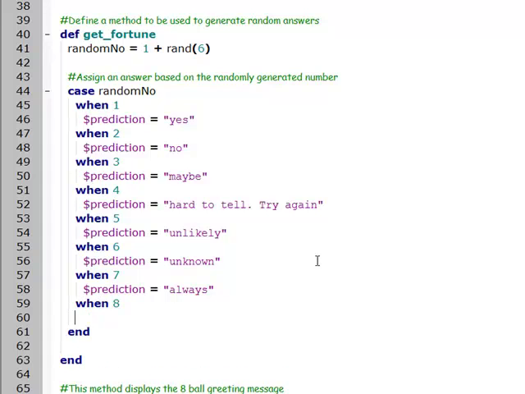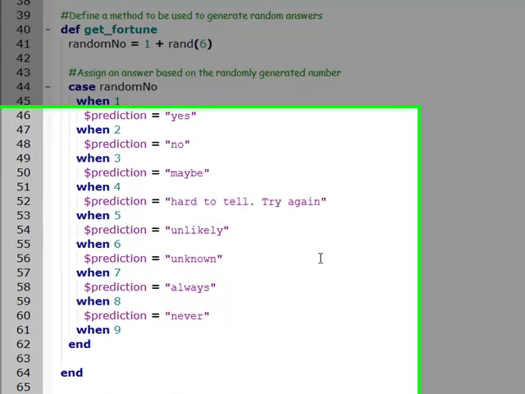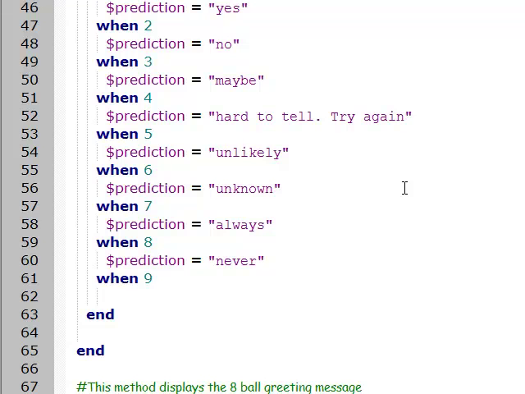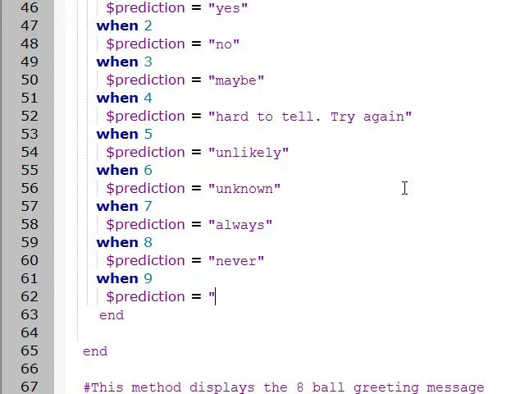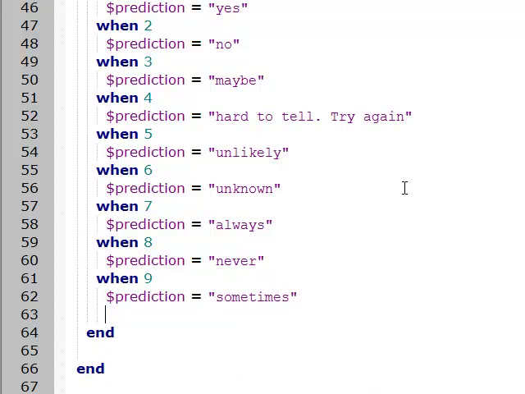When 8, never. 9, sometimes. And when 10,